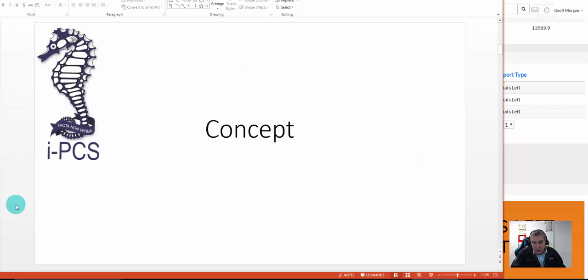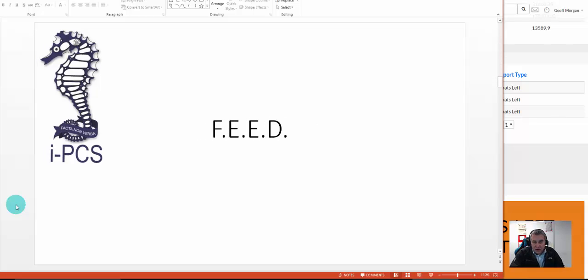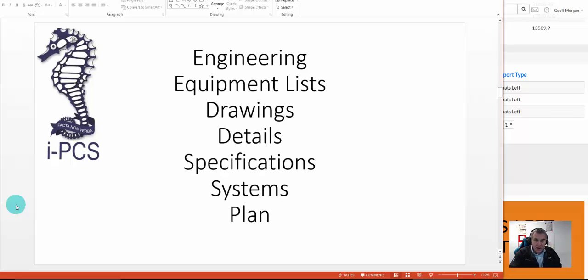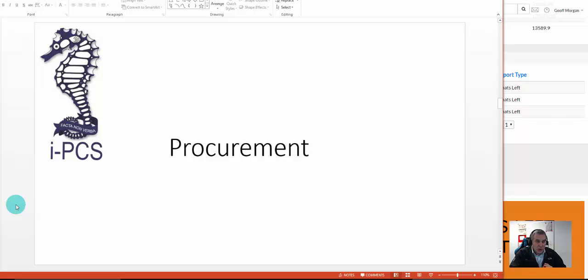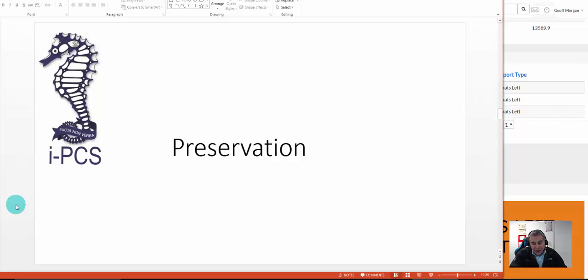So why doesn't this kick in right at the concept, include the phases where it goes through stakeholders and funding into front end engineering design, engineering lists and equipment and drawings and details and specs, bring all those in, because these can just have allocated to them tasks, technical acceptance standard certificates, activity lists, and you can monitor and